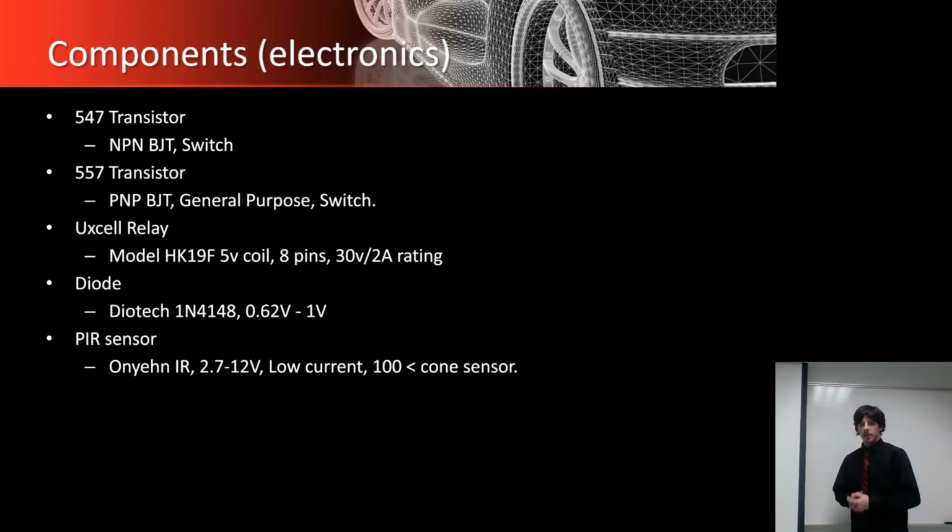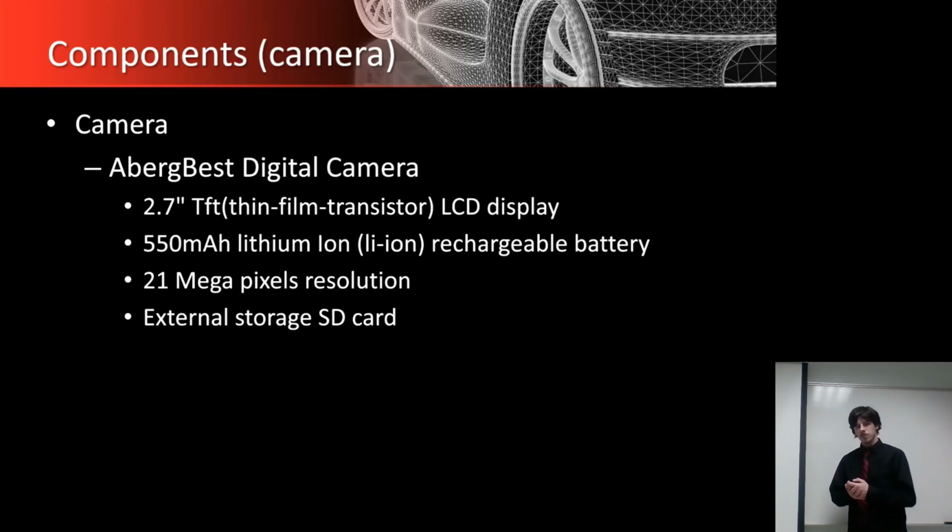So talking about that leads into the camera, which is the best digital camera. It is a 2.7-inch digital LCD display with a TFT or thin film transistor as part of the display. The camera itself had a 550 milliamp hour lithium-ion rechargeable battery that is built in. It also takes pictures at a resolution of 21 megapixels, which,